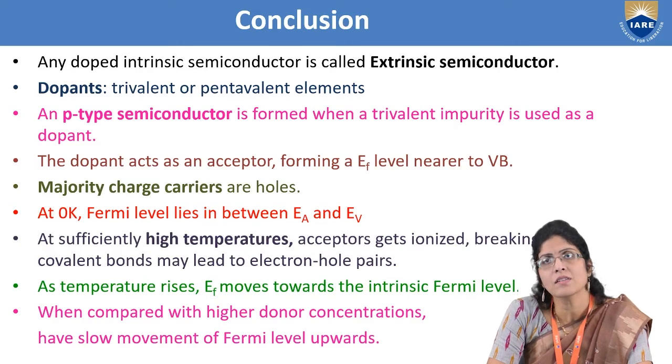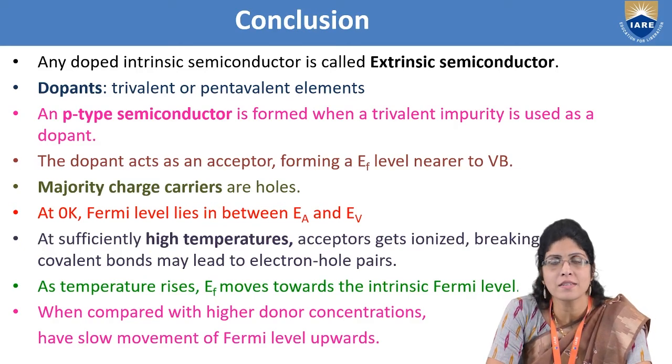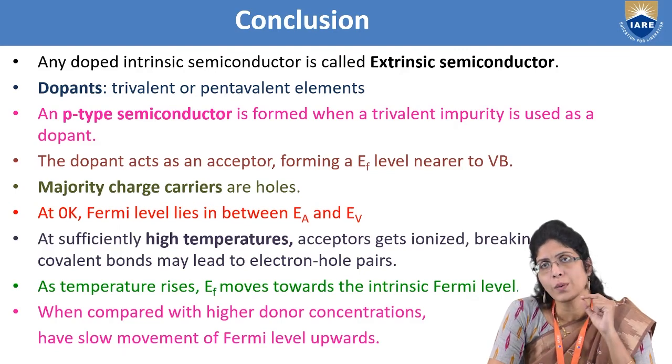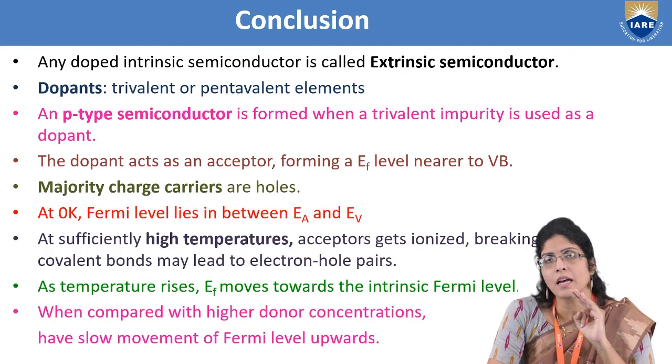So an extrinsic semiconductor is any doped intrinsic semiconductor. The dopants, whichever you are adding, may be trivalent or pentavalent. Trivalent is nothing but P-type semiconductor, and if you add pentavalent elements, it will end up as N-type semiconductor, because in P-type semiconductor a vacant site will be left because you are adding trivalent impurities. They will have only 3 electrons which are covalently bonded with 3 valence electrons of silicon, which is the intrinsic semiconductor, whereas one other valence electron of the intrinsic semiconductor is left vacant,